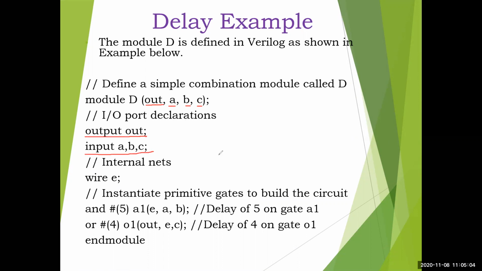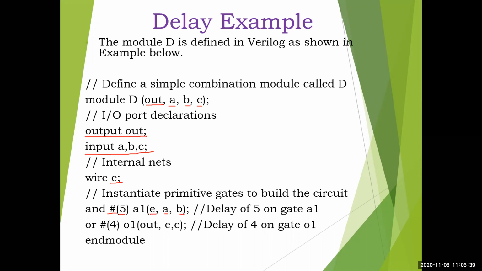In the gate level diagram we have used an intermediate internal net, declared as wire. Then you need to call the two gates with the delay, as we have seen in the previous video. So now we include how to specify the delay. Here is the symbol for the AND gate, and 5 means a delay of 5 for gate 1, for all types of delay: rise delay, fall delay, and turn off delay. The instance name is given, E is the output of the first AND gate, and A and B are the inputs.